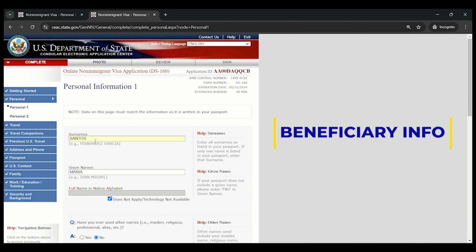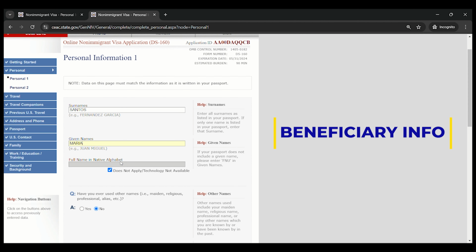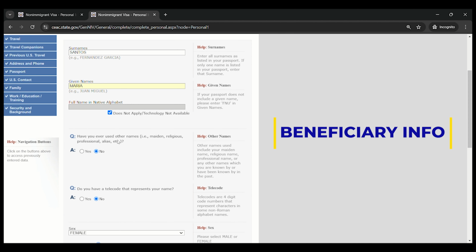Surname or last name, for example, Santos. Given name or first name of the beneficiary is Maria. Do you have a full name in native alphabet? For me, does not apply. Have you ever used other names? This includes your maiden name, religious name, professional name, or any other names you are known by or have been known by in the past.